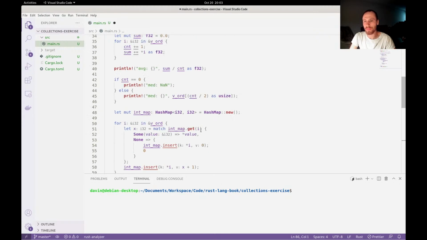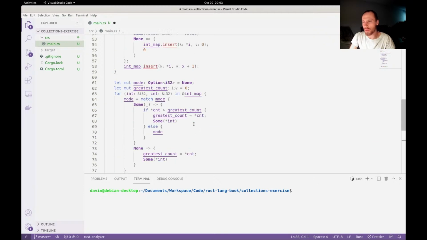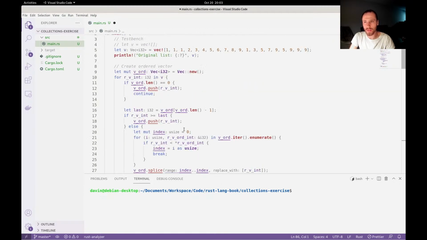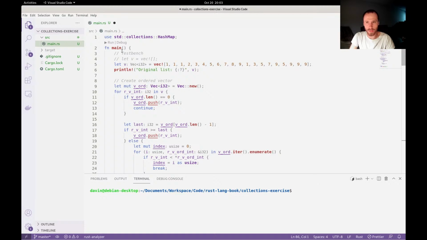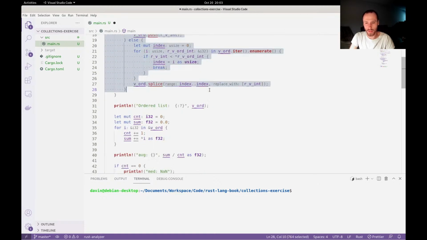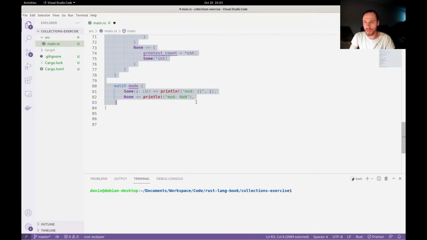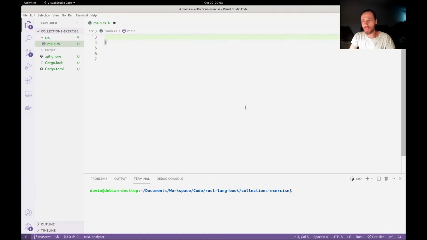So alright, I'm just going to delete all of this. This is just exercise, I'm not really all that concerned about it. So I'm just going to get rid of it, and we'll move on to the next one, which is